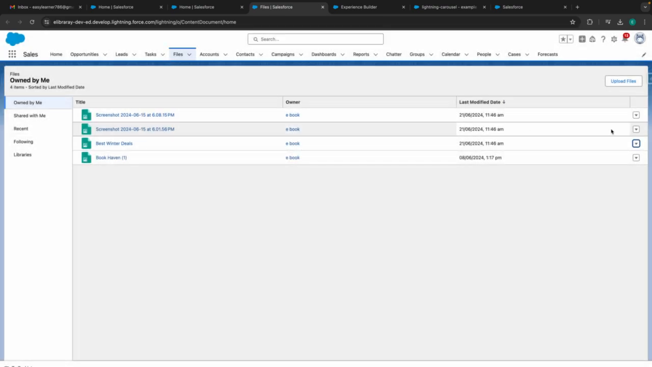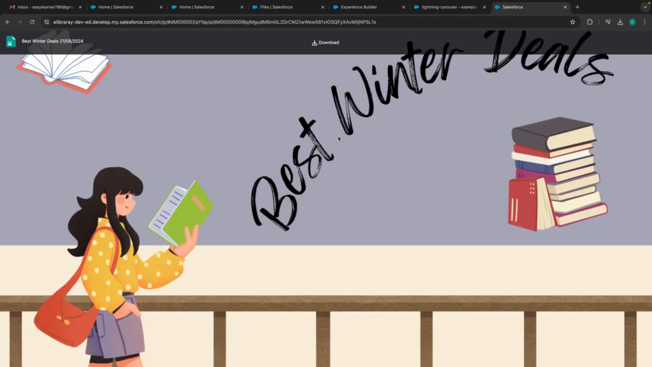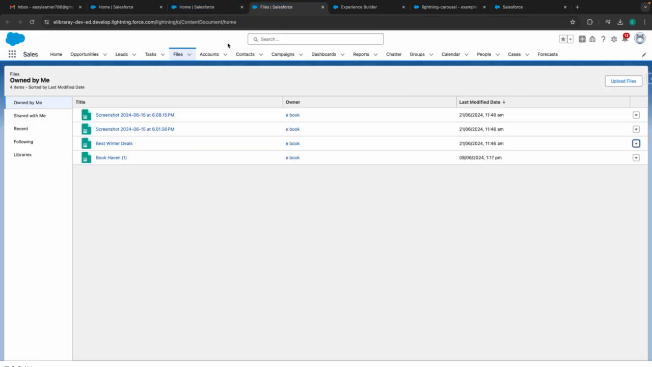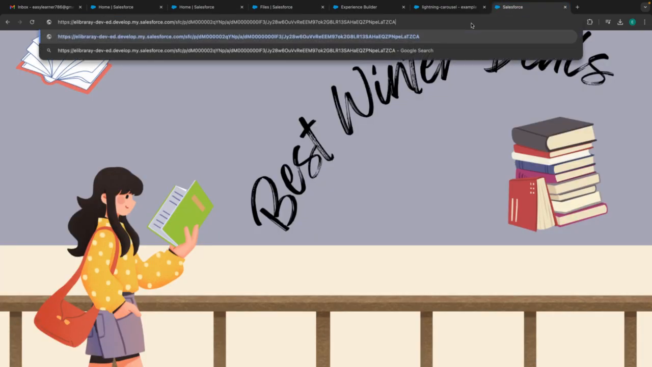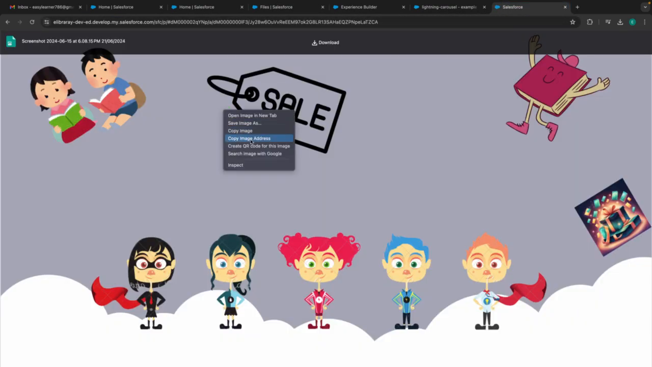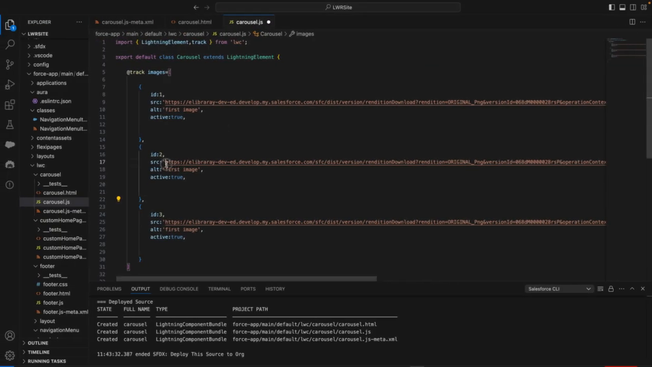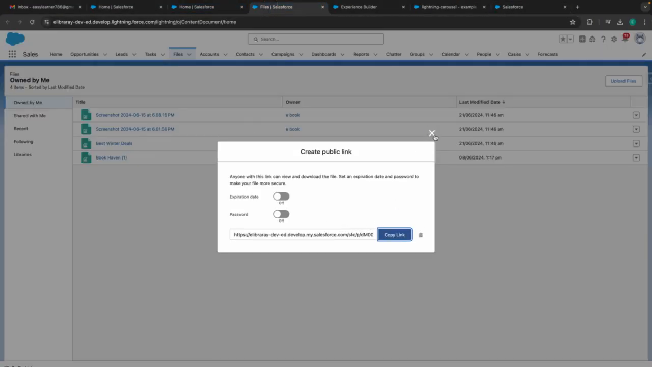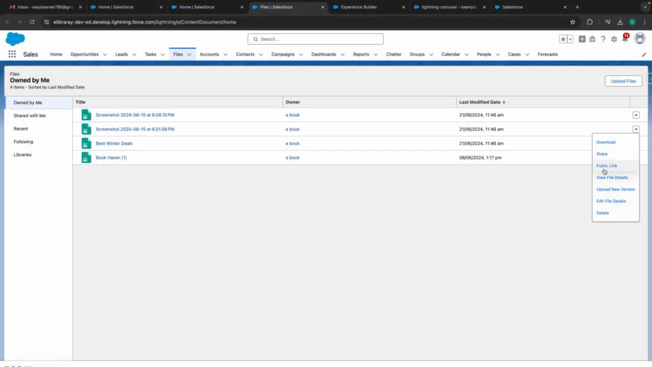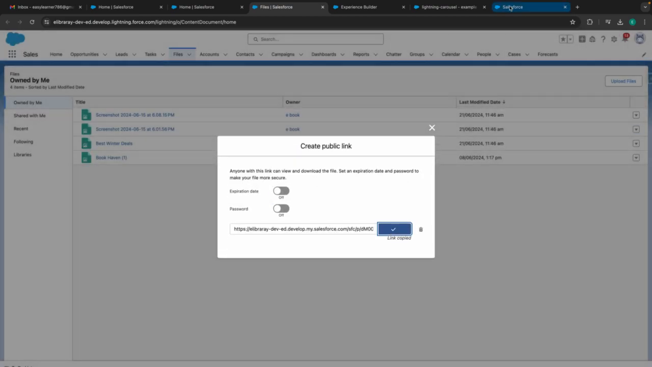I have used the best winter deals image, right? So let's use the first one now. Public link, copy link, and then Control V, copy image address. So in place of this we have to copy the second image. Okay, and then what is the next image? The third image, copy link, and then,